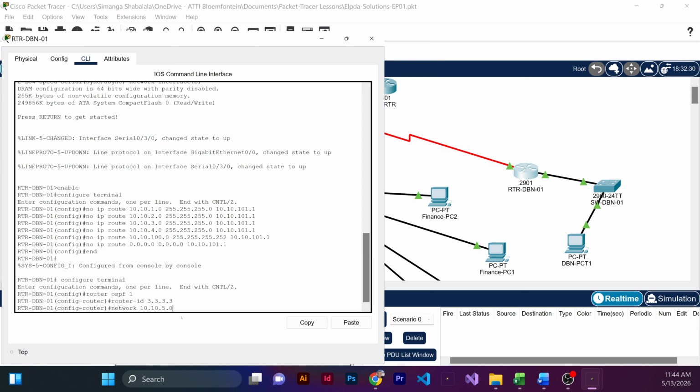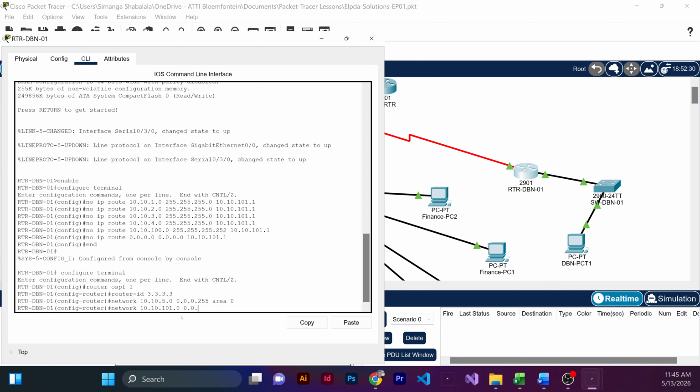And then the WAN link to Johannesburg, so it's network 10.10.101.0 0.0.0.3 and then area 0, and then end. Again, we can just watch it a little bit and then we should see